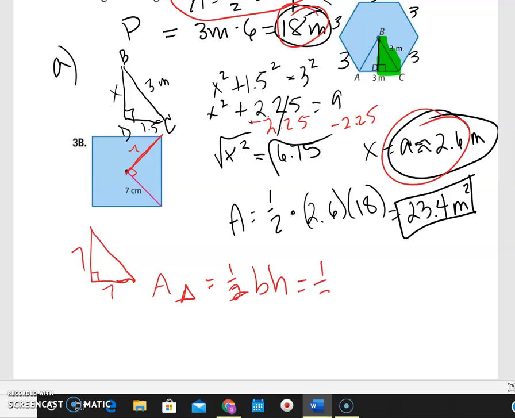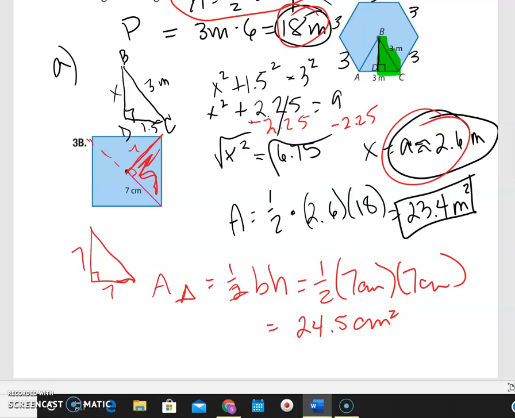The area of a triangle is 1/2 base times height. And so I can do 1/2 times 7 centimeters times 7 centimeters. And that's going to be 24.5 centimeters squared. Well, that's just this square right here. Well, if I drew in all of my radii, I would have 4 of those. So the area of the square is 24.5 times 4, which is